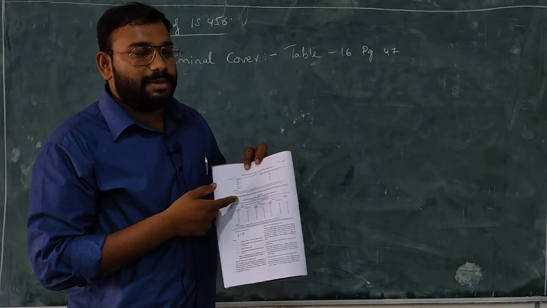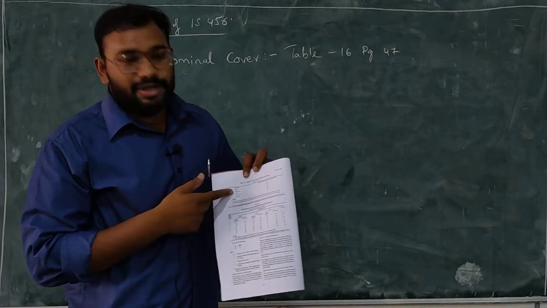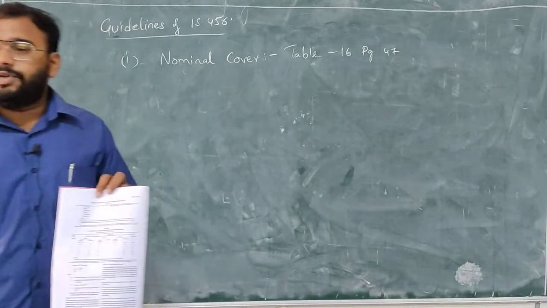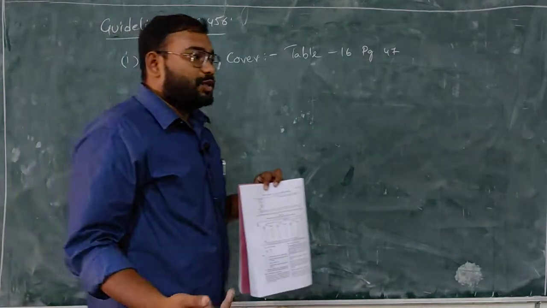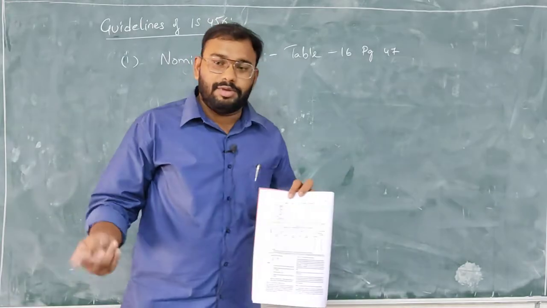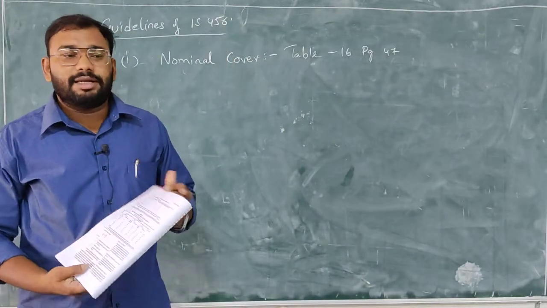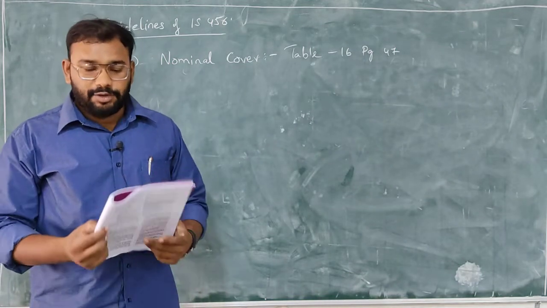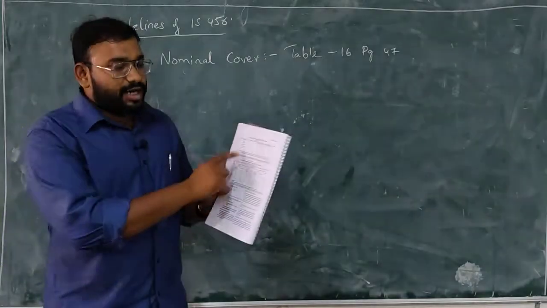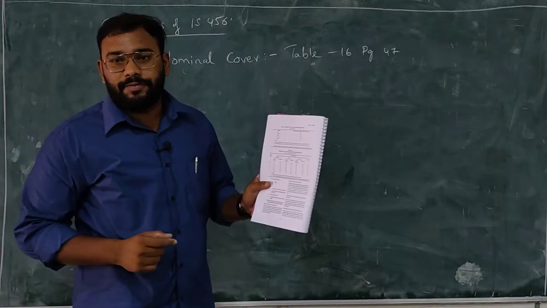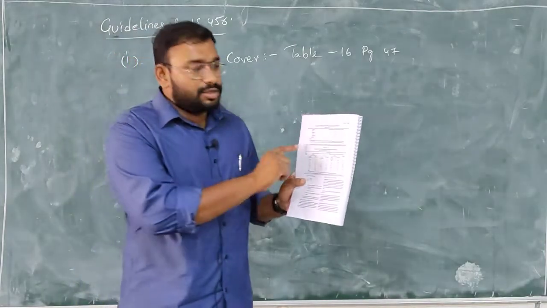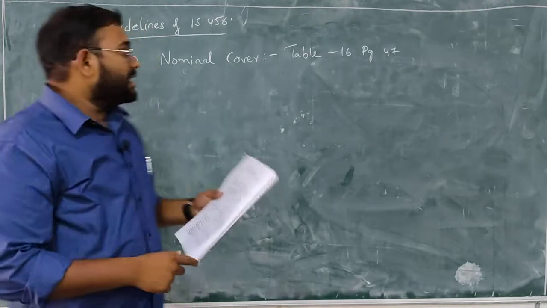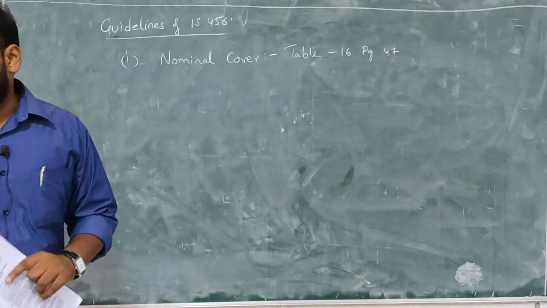conditions. Generally Hyderabad will lie in mild and moderate conditions, so we'll consider nominal cover as 20 or 30 mm. It is completely your wish how much you want to assume. You can assume even 30 mm, you can assume 20 mm. Design is completely based on your dimensions, your provisions, but you need to follow what the code says. If you are assuming some value, you should assume from the code. If you are assuming severe conditions, take the values available for severe conditions. This is given in Table 16, page 47.